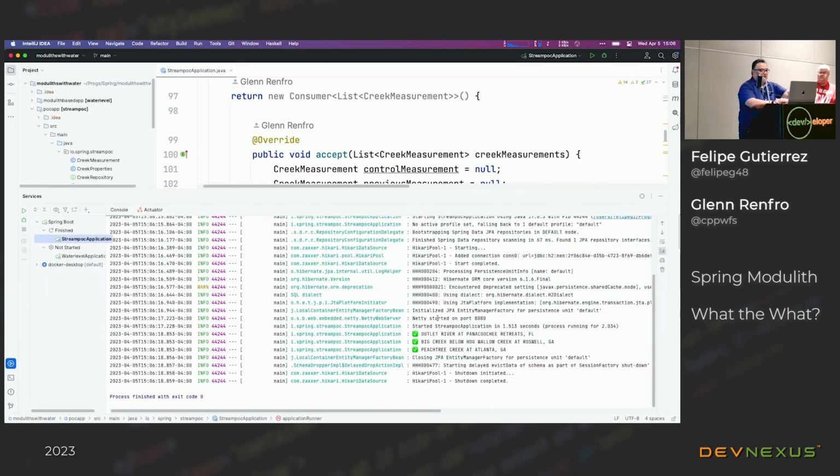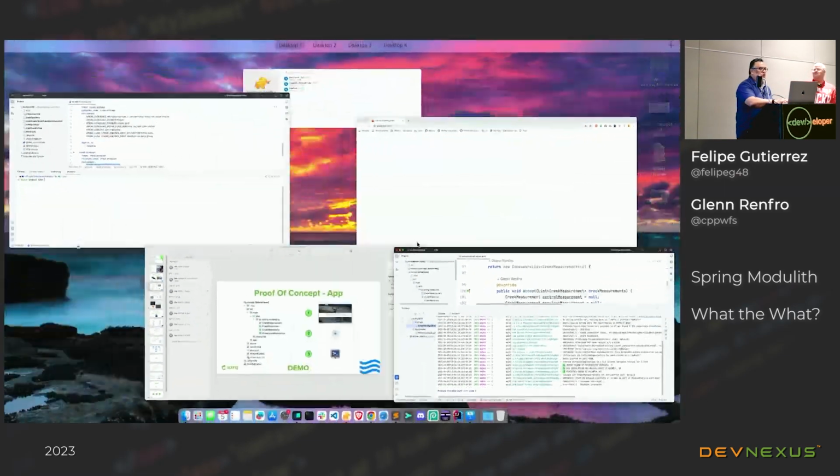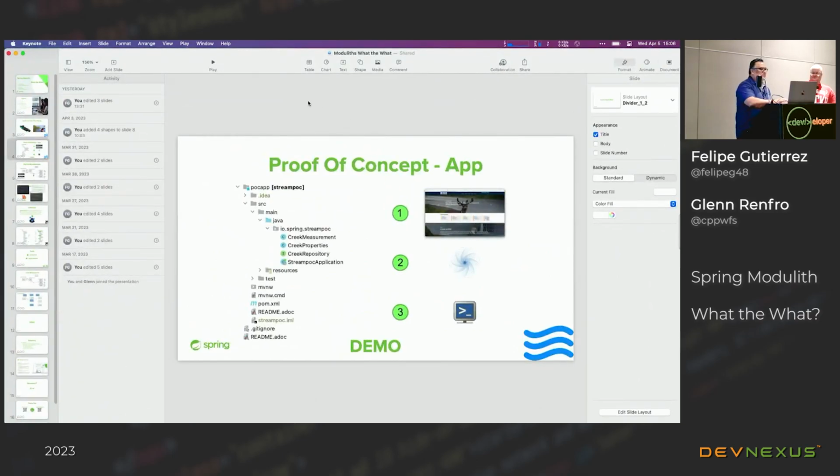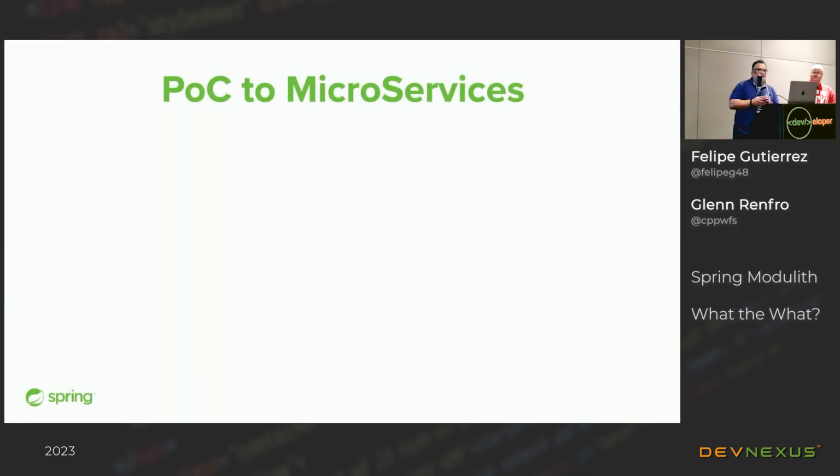So I'm gonna zoom in over here, and as you can see, when you are ready to go to these creeks, right? So that's simple. That's what we want to show you over here. Very good. So next, something again, how can I convert those three things or these three steps into a microservice